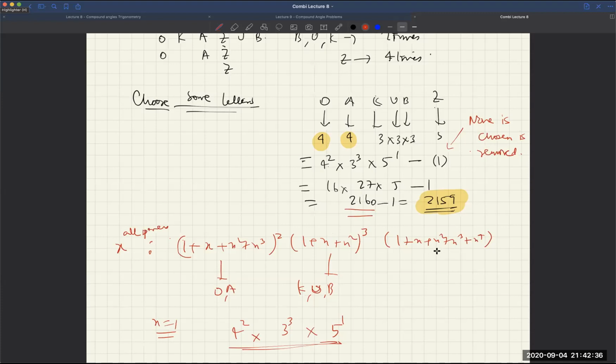By the method of generating function. Means this is just an observation. Of course, you will not use generating function for it. Coefficient of x raised to whatever you need, you have to collect all of them, right? What does collecting all mean? All the powers of x will be added actually. So all powers of x are added means set x to 1. Am I clear? This is good, guys.